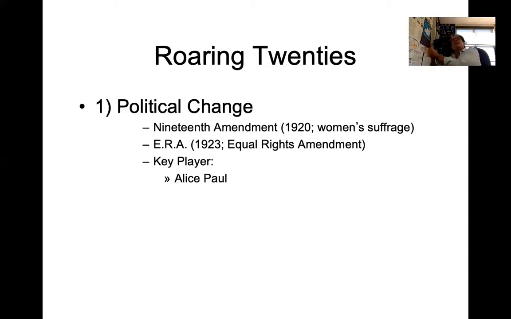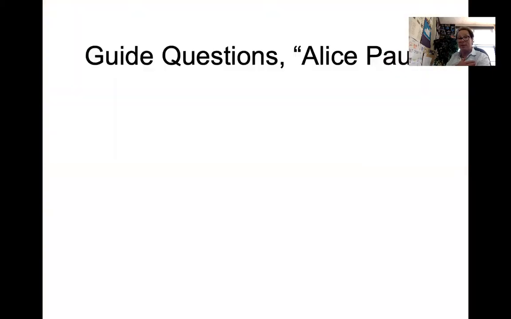Now, when you talk about the Equal Rights Amendment, and you talk about the 19th Amendment, which was ratified, the 19th Amendment gave women the right to vote. The key player you have to talk about is a gal by the name of Alice Paul. And ladies and gentlemen, if you direct your attention up to the overhead screen, that is a photograph of Alice Paul. Alice Paul was absolutely instrumental in not only the 19th Amendment being ratified, but she was the one really pushing the envelope for the Equal Rights Amendment to be ratified. It came close, but it was actually rejected in the 1920s, barely rejected, and again 50 plus years into the future in the 1970s, when I was a kid growing up in Chicago.